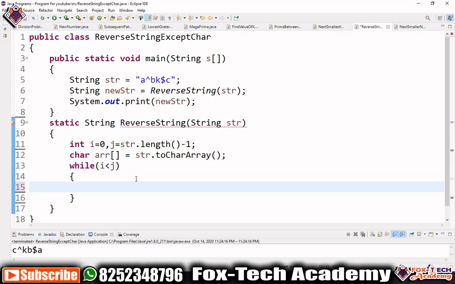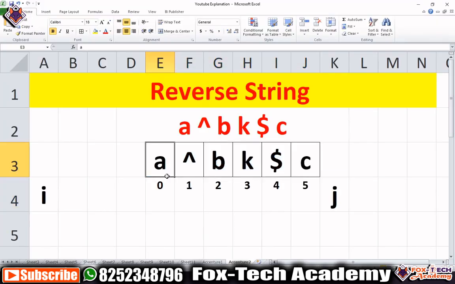Now let's start. First we have to check whether this element is an alphabet or not, so that we will go further and process the replacement.